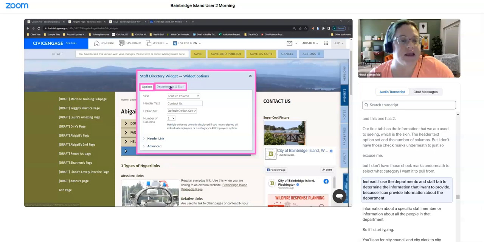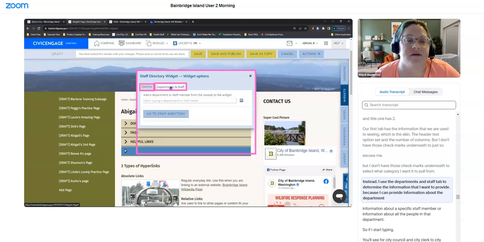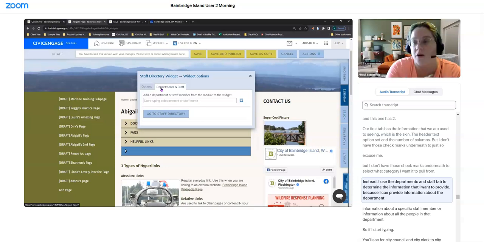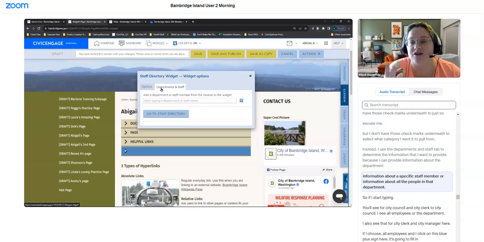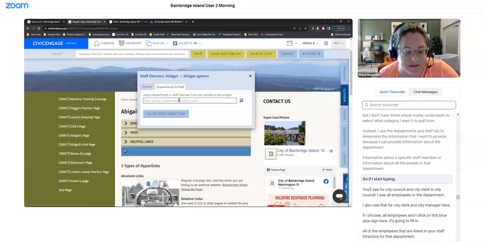Instead, I use the departments and staff tab to determine the information that I want to provide. Because I can provide information about the department, information about a specific staff member, or information about all the people in that department. So if I start typing,